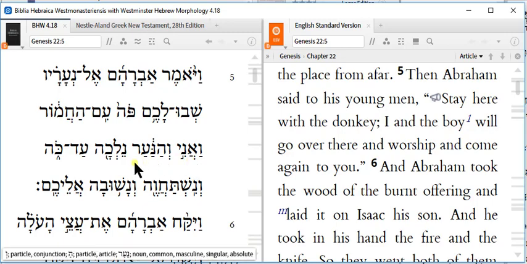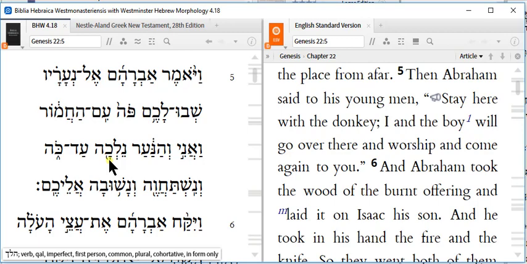V'hana'ar, and the young boy, so I and the young boy, nelecha ad ko. This is from the verb halach, with the prefix nun, and a kametz at the end. And I and the boy,